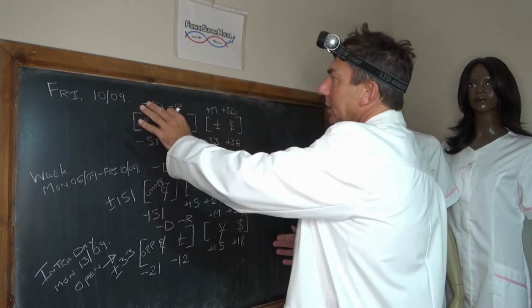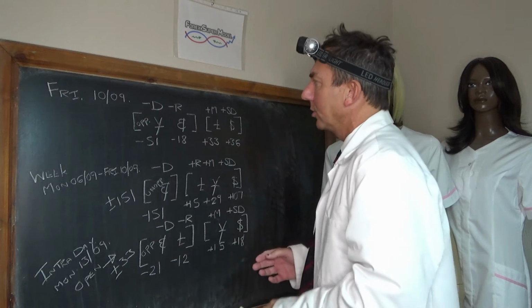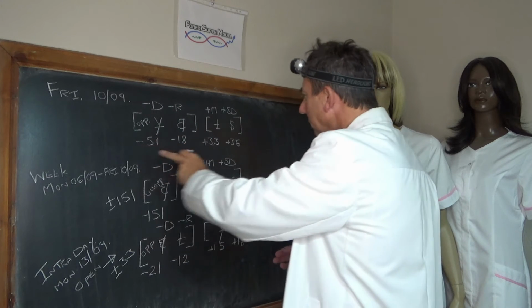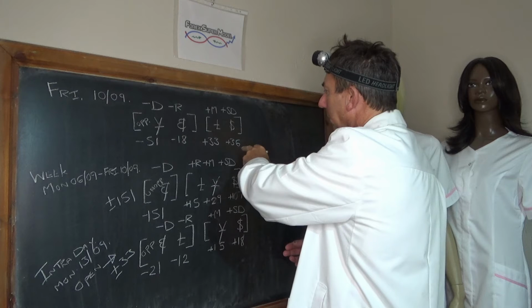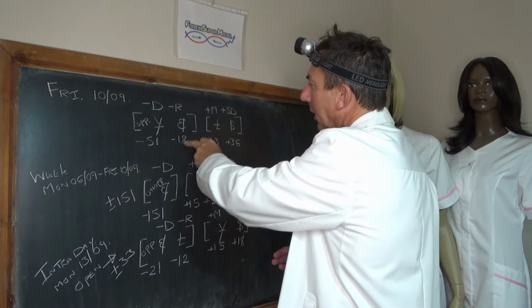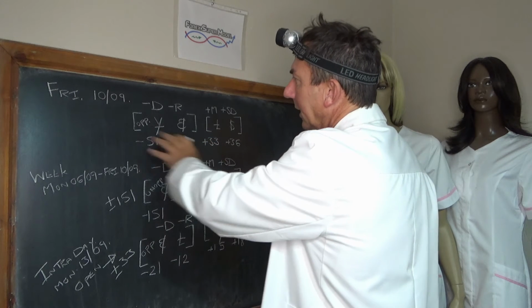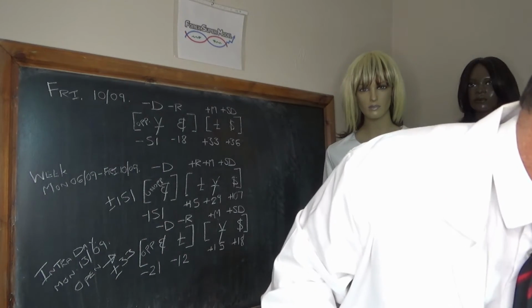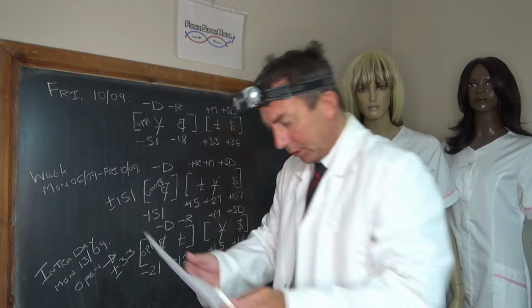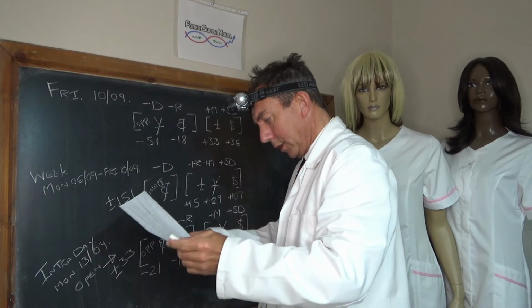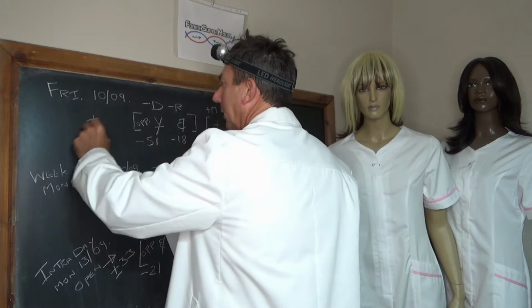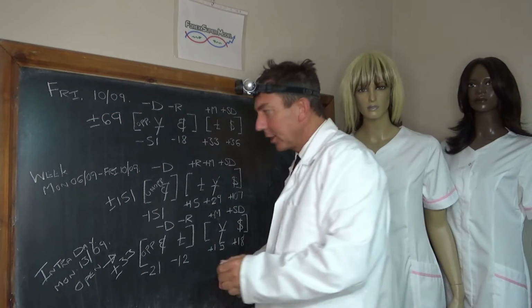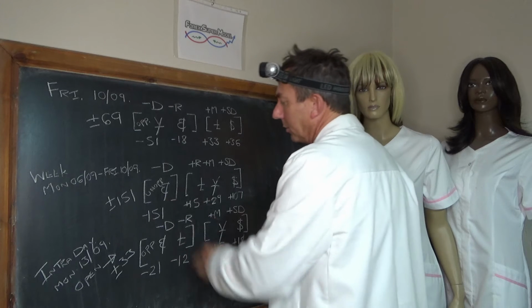Right, so Friday the 10th, the last trading day, we had a negative opposed driver in the yen at -51. Front and back door flows mainly going into the dollar plus 36, into the pound at plus 33, and the euro was the negative rock at -18. Activity plus or minus 69.